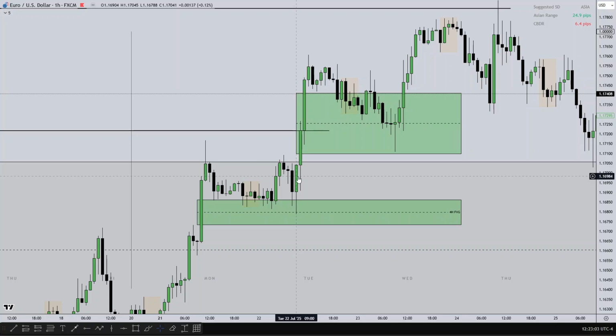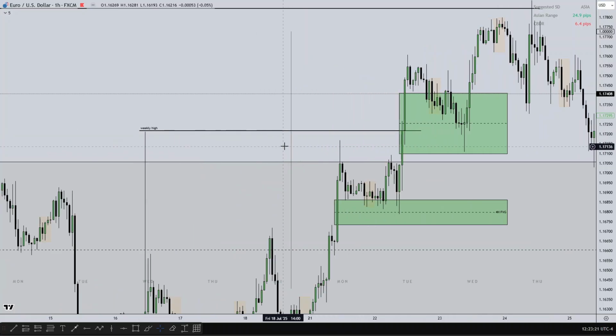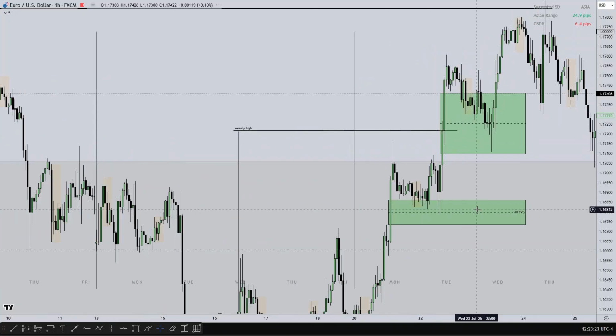On a Sunday to the opening price of this current week. So on Monday, I took a buy as soon as price retraced its 4-hour fair value gap. I used the daily bias to wait for a run on sell side liquidity before looking for a 15-minute shift in structure to target the weekly high as my first target.